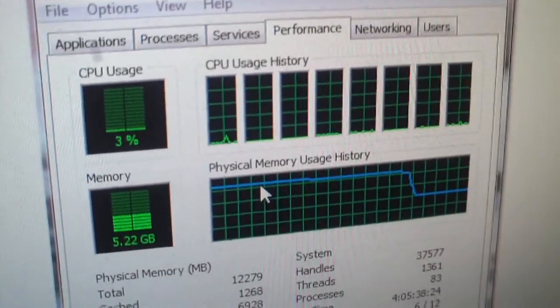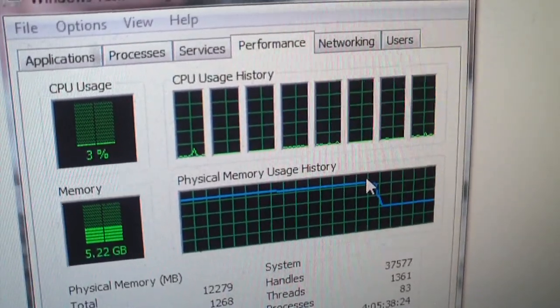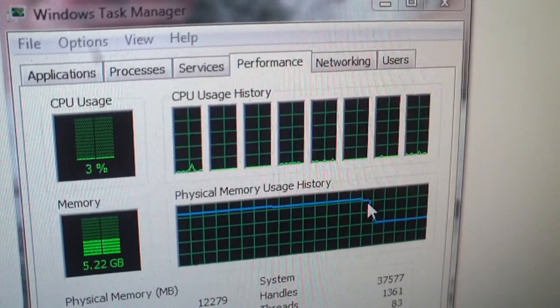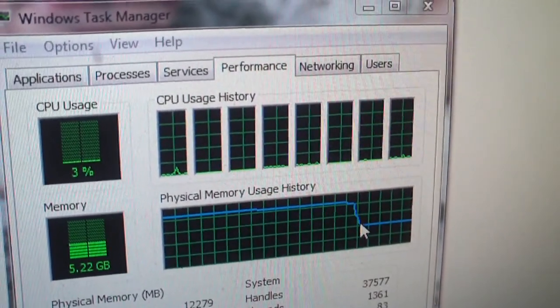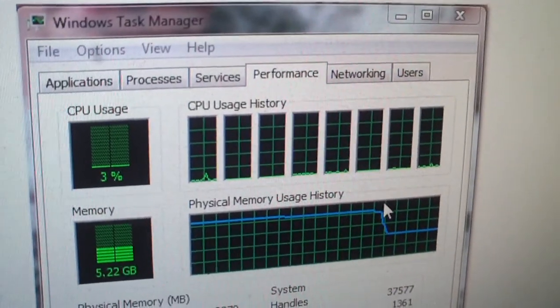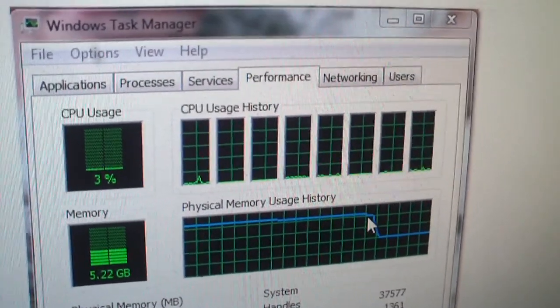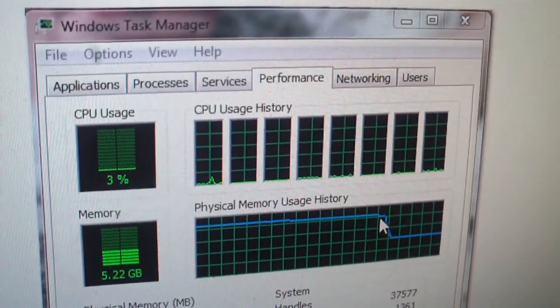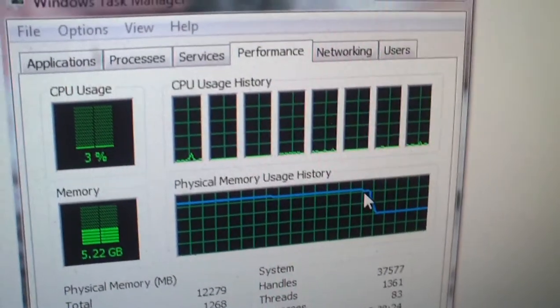But just have a look at this. After closing Google Chrome, this is how much my memory usage decreased. Now we're talking 12 gigs total RAM installed on this machine. This browser was using at least 6 gigs of my RAM. And Google Earth,